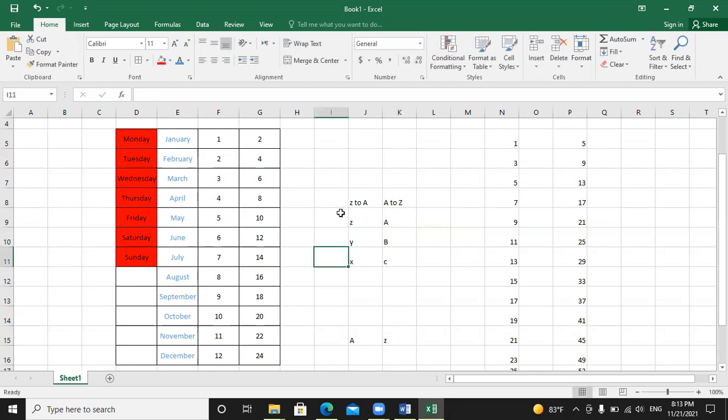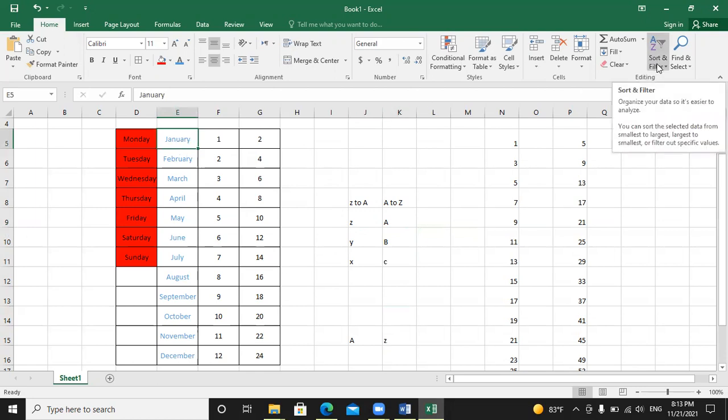In Excel, it's easy to sort and arrange data. I will just select this January. After selecting, you can see I have the option sort and filter.